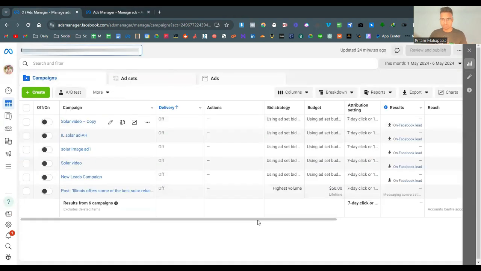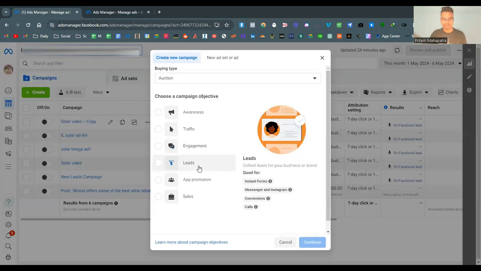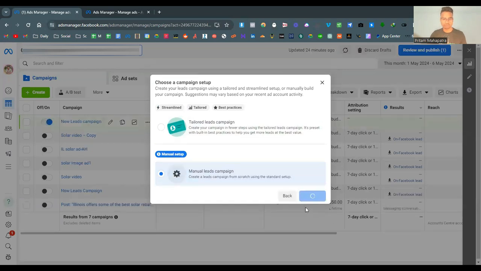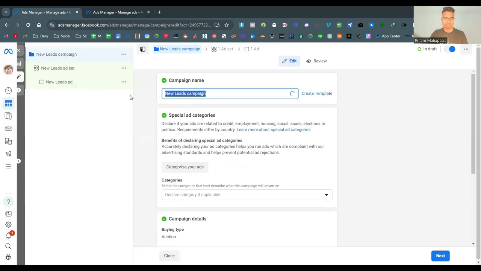So first of all, you have to go to your Facebook Ads Manager. Then you have to click on create and click on leads, click on continue, click on manual leads campaign, then continue. You can choose the name. I will rename the ad campaign like SB solar campaign, solar booking campaign. SB means solar booking,